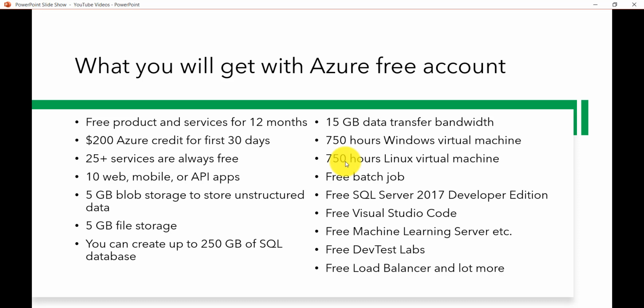You will get free batch jobs. You will get free SQL Server 2017 Developer Edition, free Visual Studio Code, which is of course free always, free machine learning server, free dev test labs, free load balancer, and a lot more things. Apart from that, you will get a lot of services related to AI and machine learning.